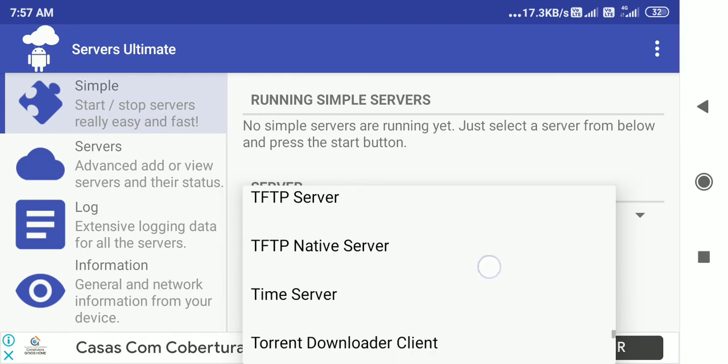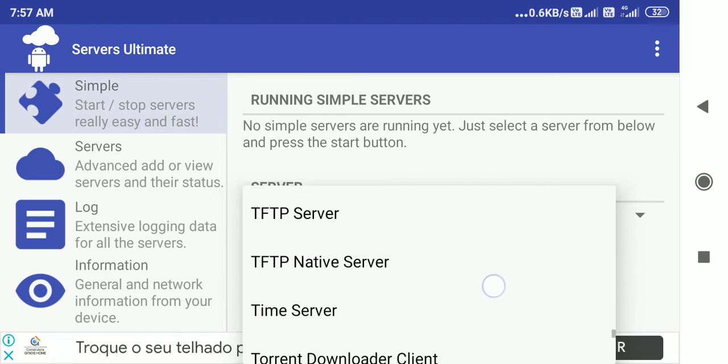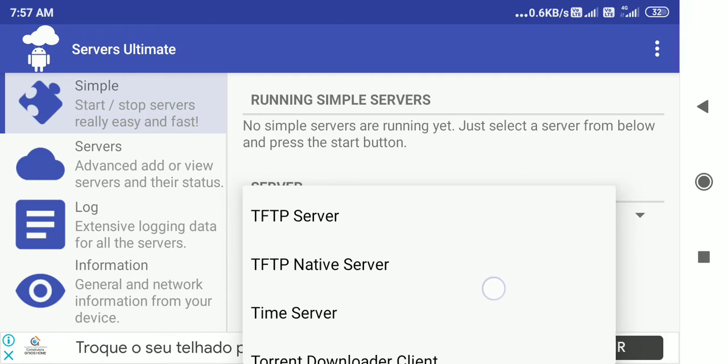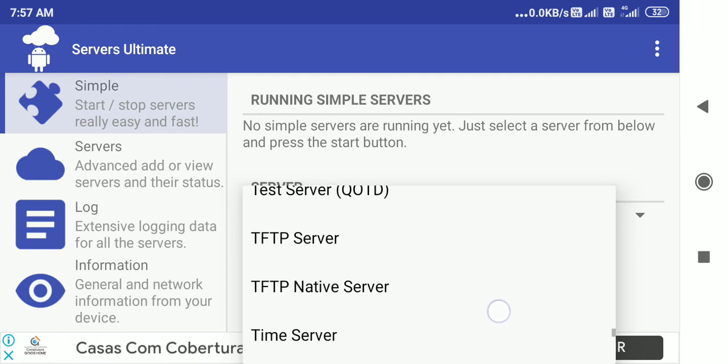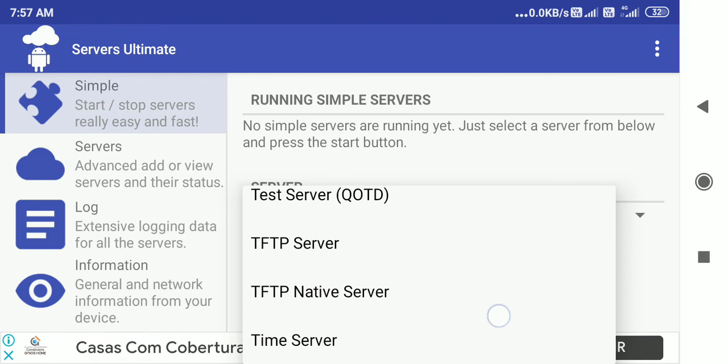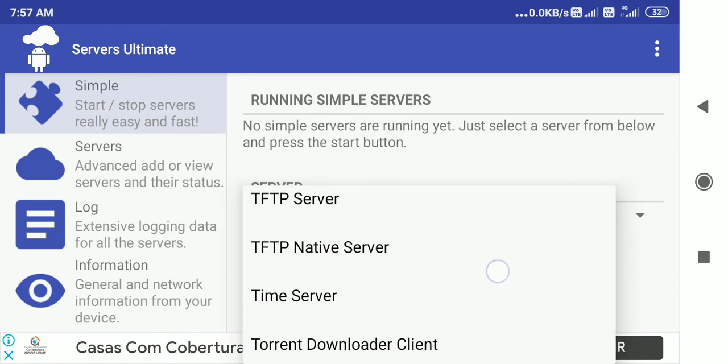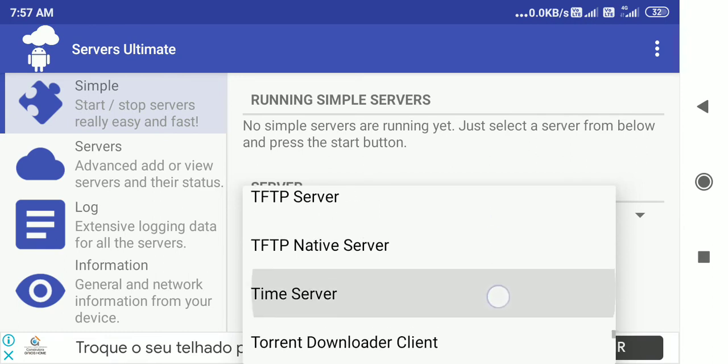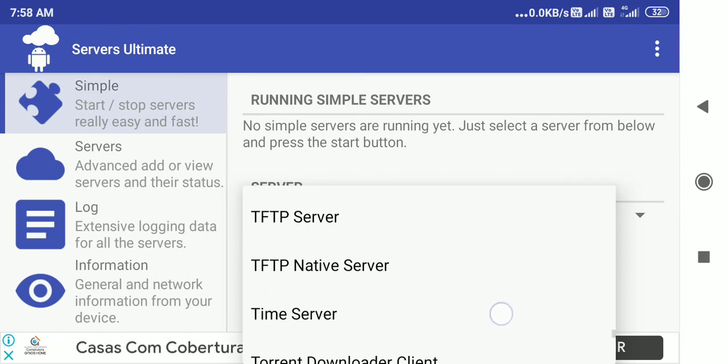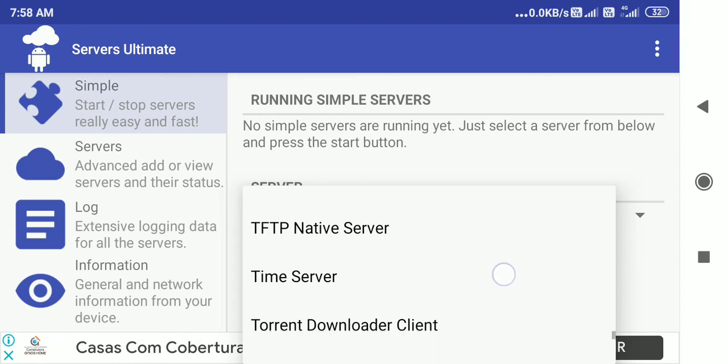TFTP is the trivial file transfer protocol. Trivial file transfer means if you don't want to do a huge transfer, and you have small files to transfer, then you put the whole thing in one single block and send it in bulk. This is called trivial file transfer. If it is successful, it will be allowed. If it is not, some of the files may not be transferred.